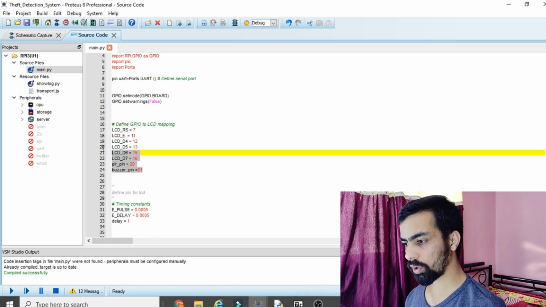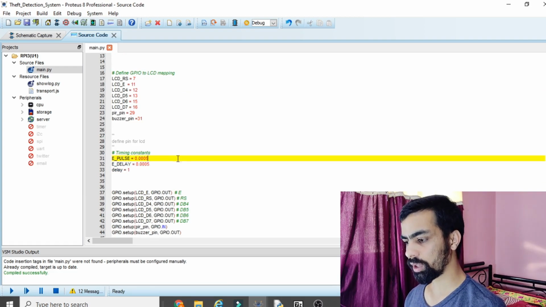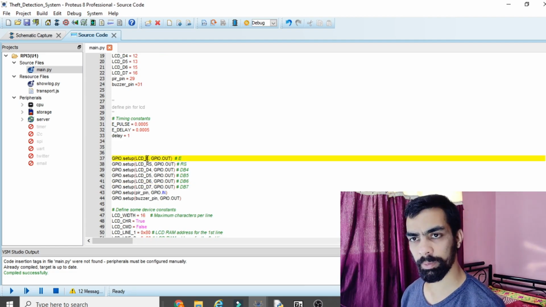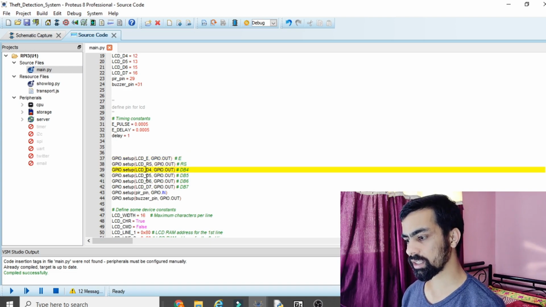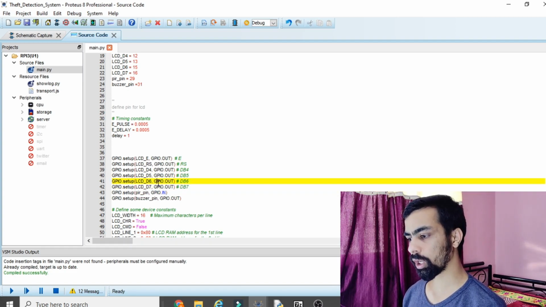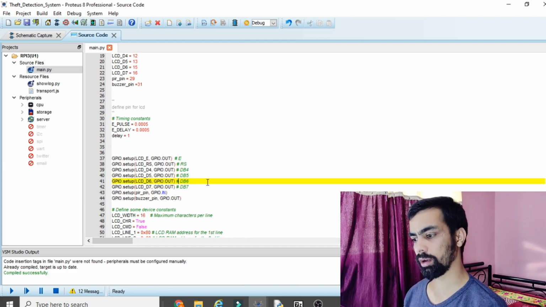With the same logic we have defined all the pins here, and after that there is some delay. This is a constant. We will use this constant later. Now the next part is we have to define all the pins as input or output. Basically LCD pins act as output pins, so we have defined all the LCD pins as output pins with this logic, and the PIR pin acts as the input pin. If you want to define any pin as input or output, you require this line GPIO.setup, then pin number, then GPIO.IN if this is an input pin, and if this is an output pin, then GPIO.OUT. LCD is out pin, PIR sensor is in pin, buzzer is out pin. With this logic we have defined all the functionality of these pins.